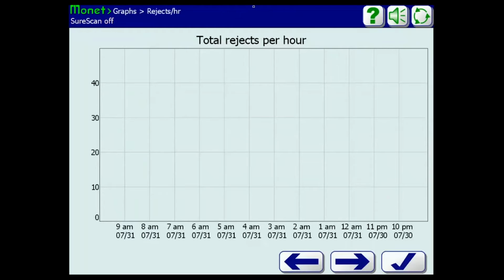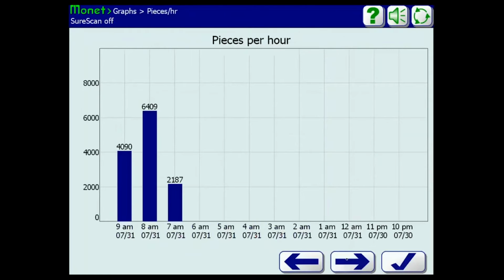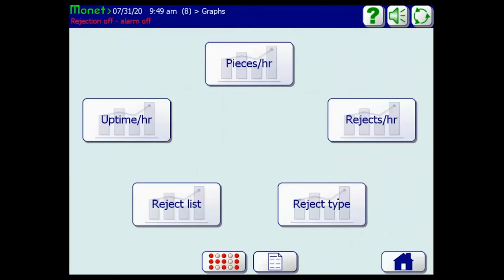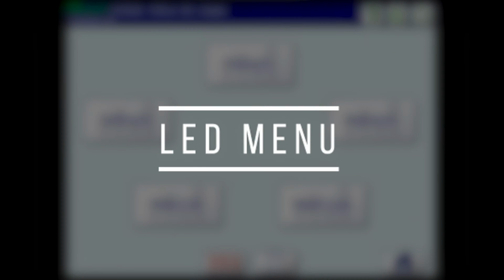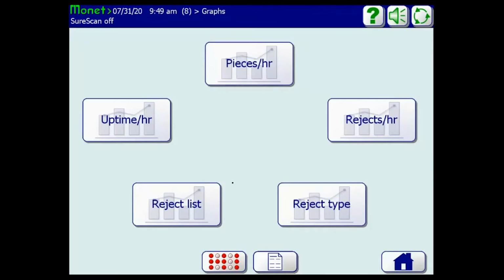And then the next graph is total rejects per hour. So again, this just shows me the total number of failures each hour. It's a 24-hour graph. And I've basically gone through all of them. So you can continue hitting the arrow on the graphs menu once you enter one of the graphs, and it'll toggle you through all 5 of these production graphs. That might not be real important to you, but at the bottom of this screen,